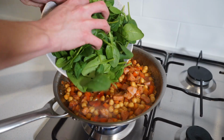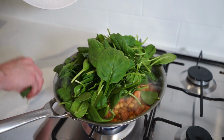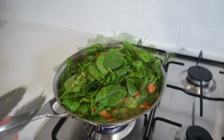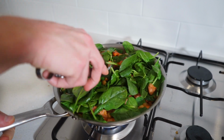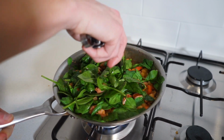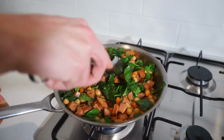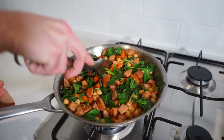Once that's done, add 120 grams or 4.2 ounces of baby spinach on top and let it sit for 45 seconds or so just to soften up before twisting it into the other ingredients. The steam will soften it up, making this step a lot easier, as if we were to twist it in straight away, we'll end up with most of it on the stovetop. Anyway, once that's in, continue cooking for 1 minute just until the spinach is completely mixed through and is nice